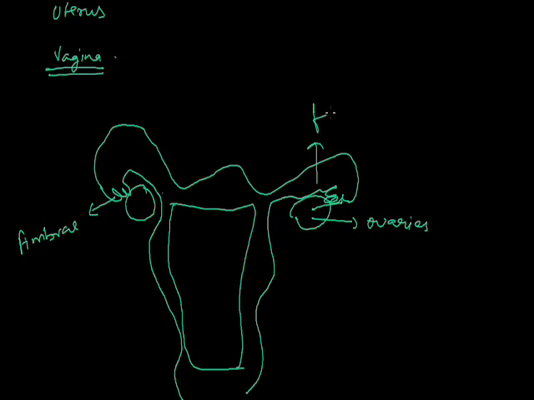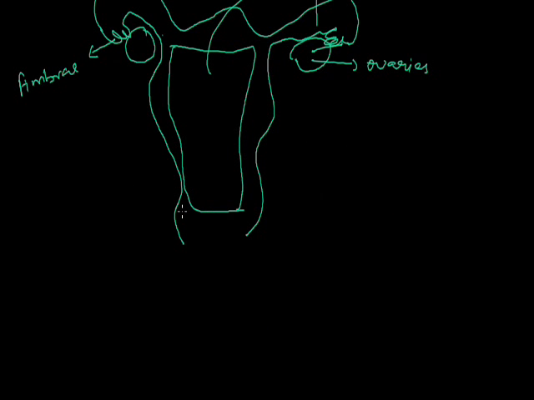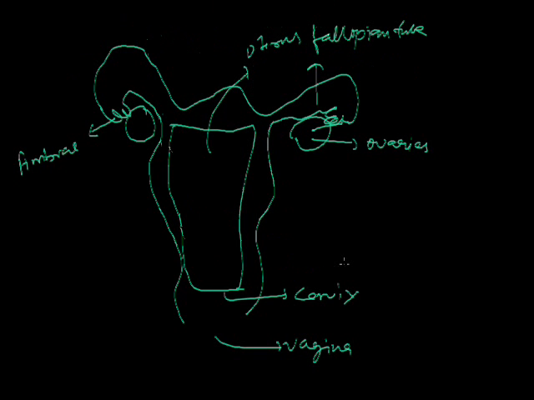This is the fallopian tube, and this part is the uterus, and below the uterus here is the cervix, and this final opening part is the vaginal part. This is the common structure of the female reproductive system. So we can say